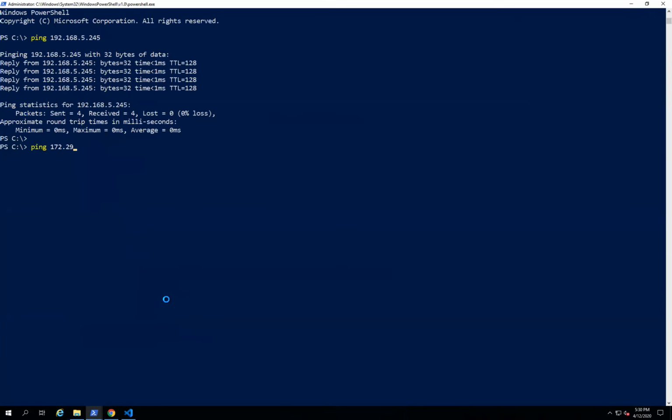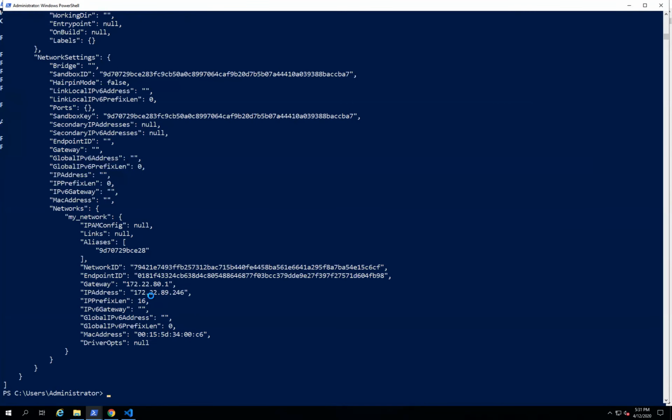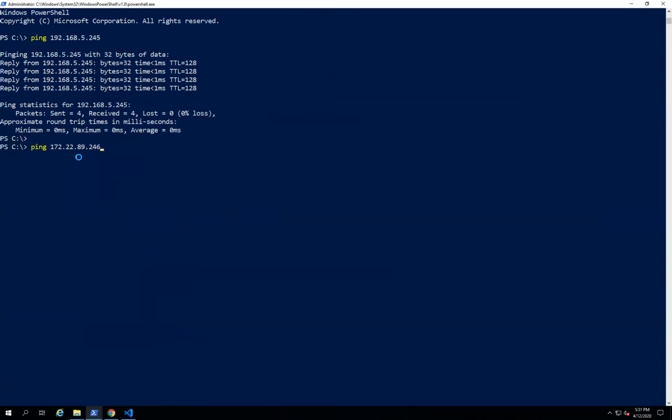Let's cross check: 172.22.89.246. There you go. We're trying to ping container 2, and we are getting request timed out because this particular container is created in a separate network.